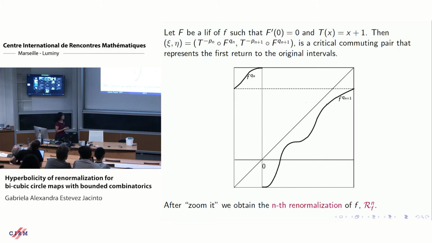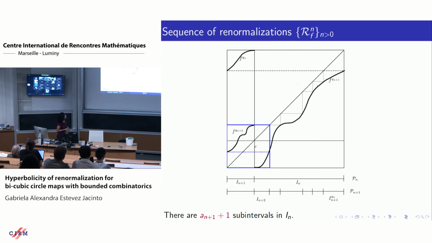This is how we define renormalization. Of course, we have to choose a number n, and we define these 2 pairs. This pair. So of course, if you define the n-th renormalization, you could define the next one. You could do the same but change n to n plus 1, or just use this renormalization that you have constructed before, and then start to form the other. So the other is more or less simple.